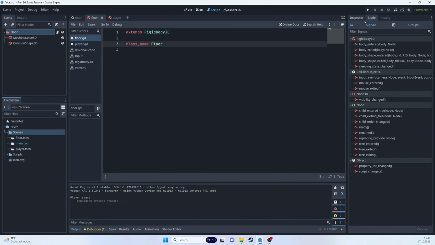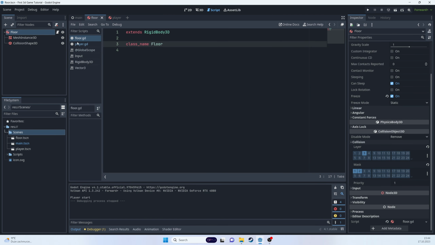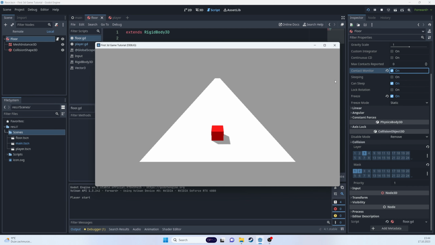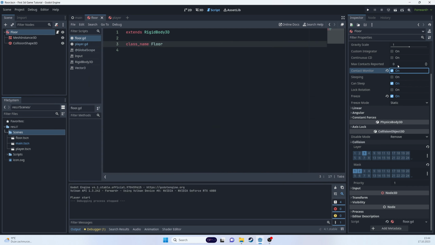This is because by default, rigid body is not set to emit the signal. I am in the floor scene, and here the contact monitor, as you can see, is disabled. Okay, if true, the rigid body 3D will emit signals. Let's turn this on and try again. Still nothing. This is because the max contacts reported is set to 0, so it still won't emit the signal. But if I turn this to 1,